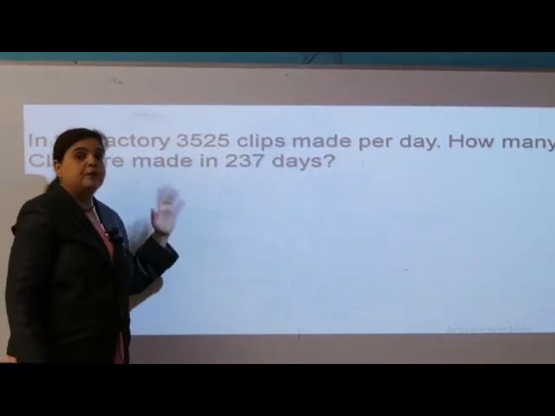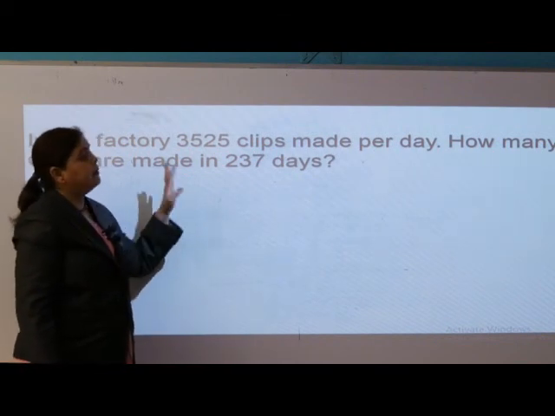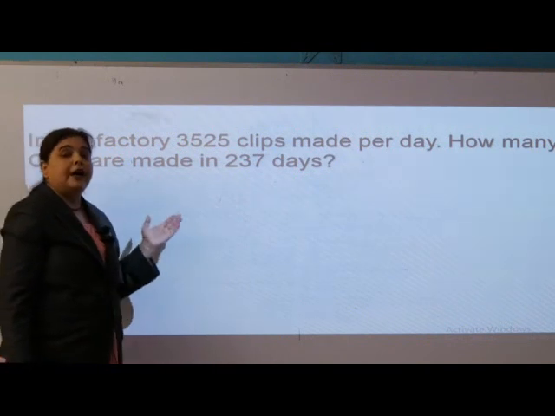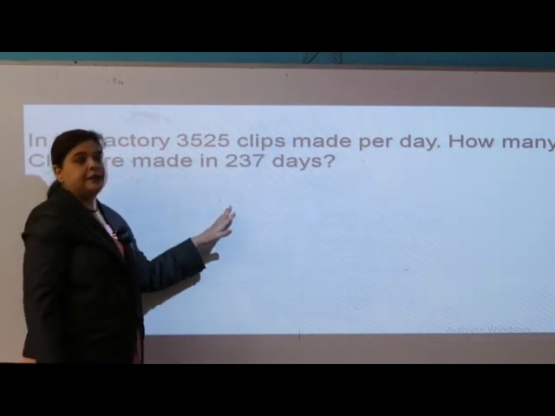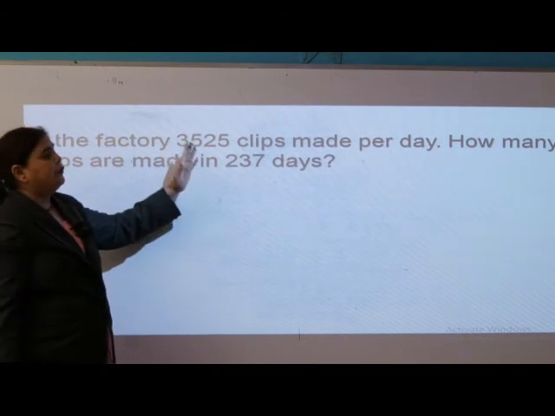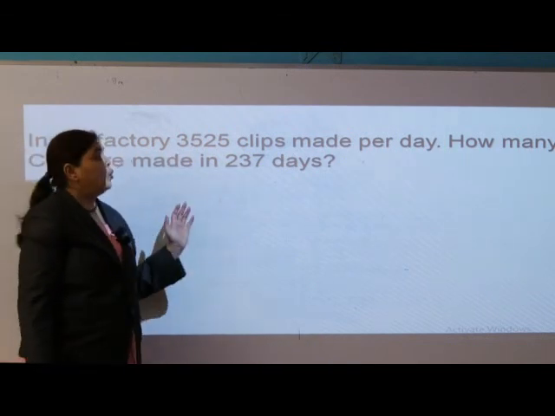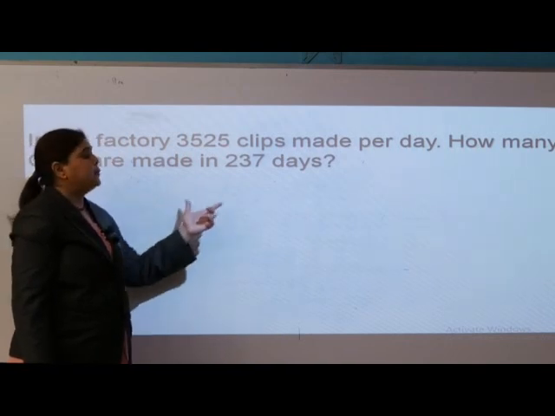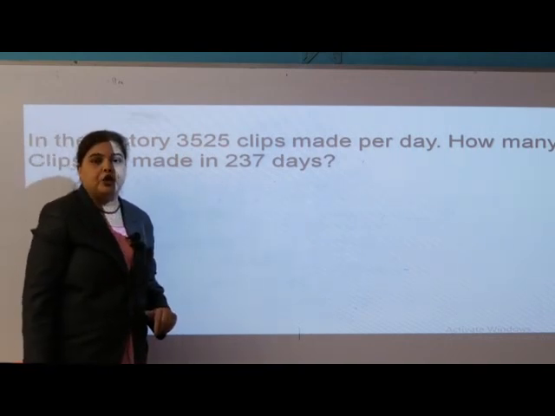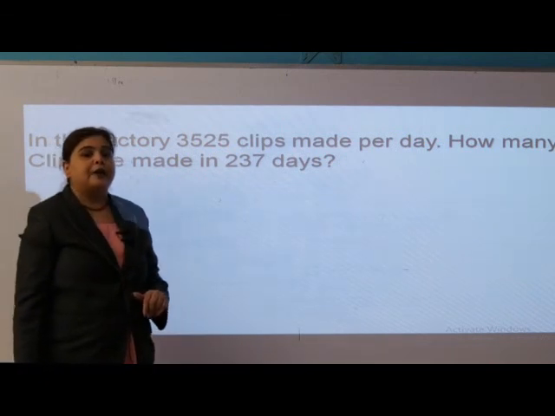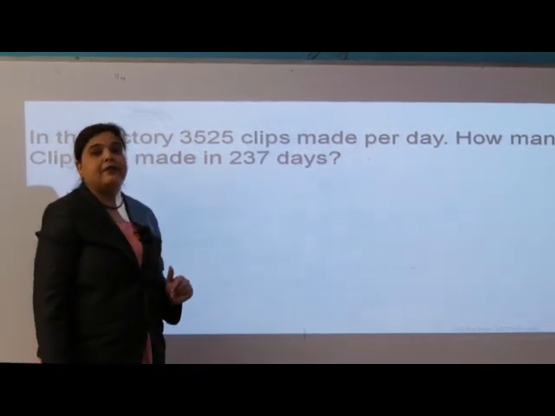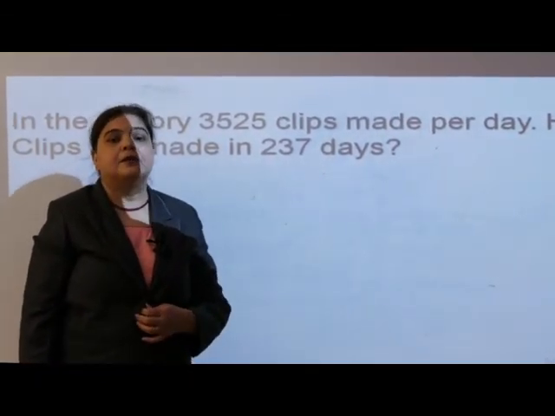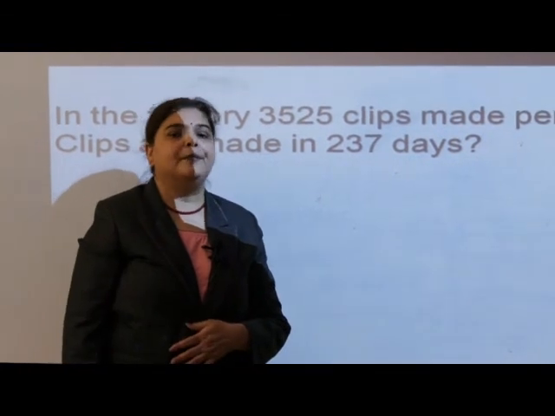Then we had done multiplications with a word problem, multiplications with a 2-digit number by 3-digit number, 3-digit number by 3-digit number, and again we had done 4-digit number by 3-digit number. Already we had solved 2-3 different types of word problems. So you will understand how to solve, how to write the statement and substitute the values and do the multiplication. I think everyone understood. Please my dear students, try to solve the sums given in the textbook, so you will understand the concept and do similar practice and create your own sum, and you can do it.